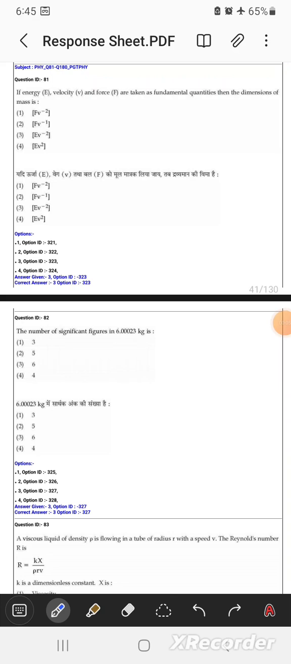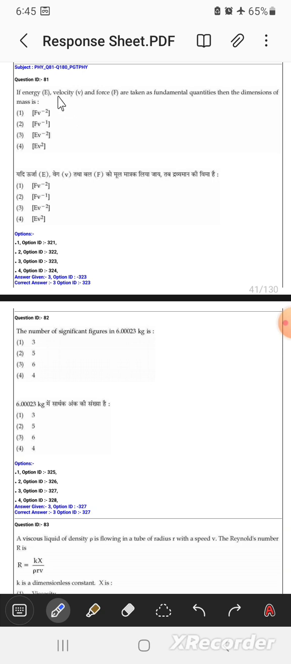Everyone, today we are going to solve the KVS question paper of last year, that is for the subject PGT physics. And in this part of the video I am going to solve the first 5 questions. And the first question